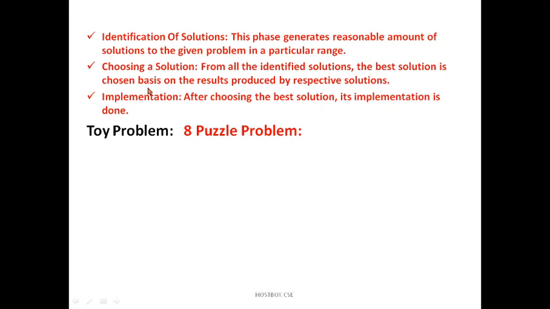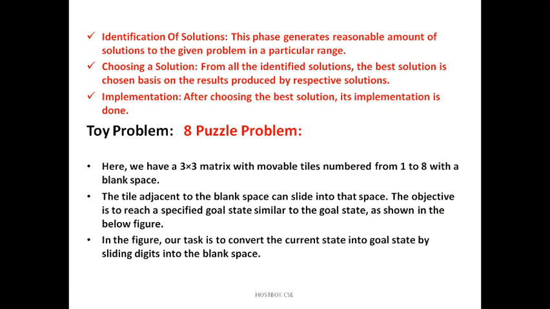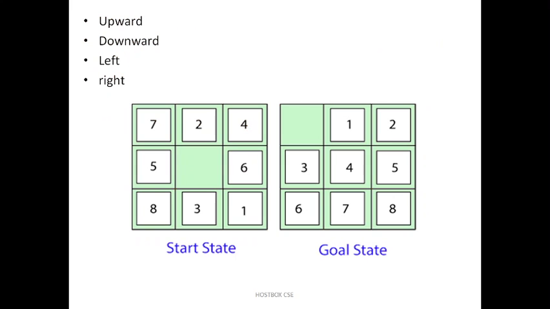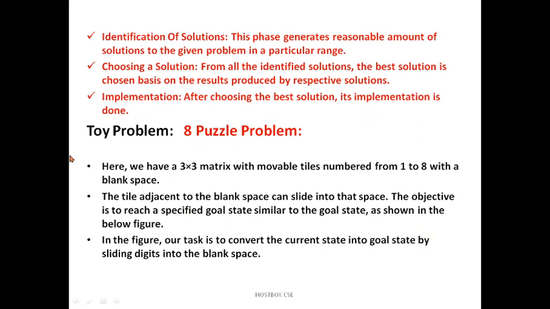So now let's assume that you have the tile problem. We have the 8 puzzle problem, the tile problem. Before going into this 3 by 3 matrix, let's see the diagram here. This is the diagram, start and goal state. Let's assume we have a start state, and we have to do the arrangement. For the goal state, we have to arrange 1 2 3 4 5 6 7 8, so the starting state should not be in order.